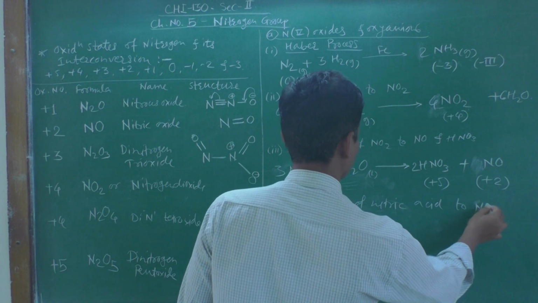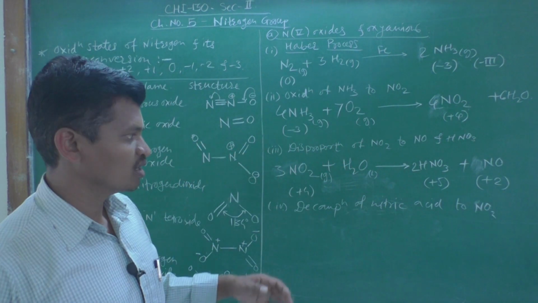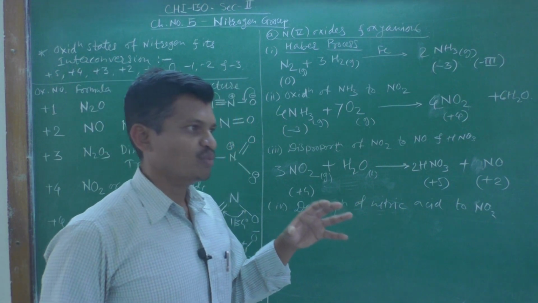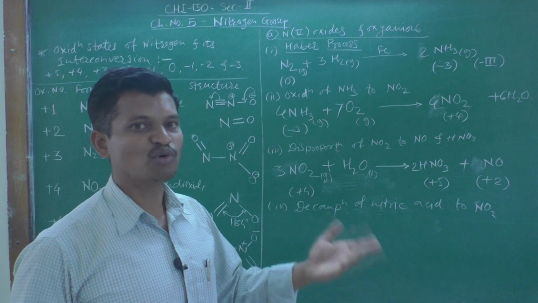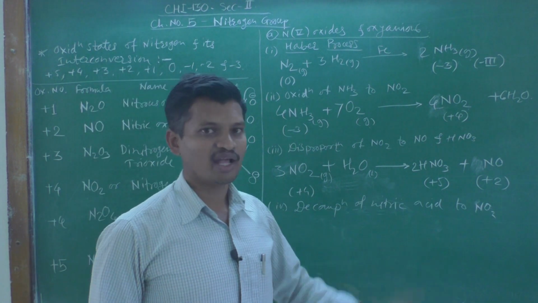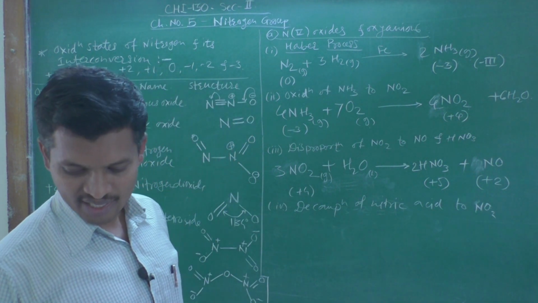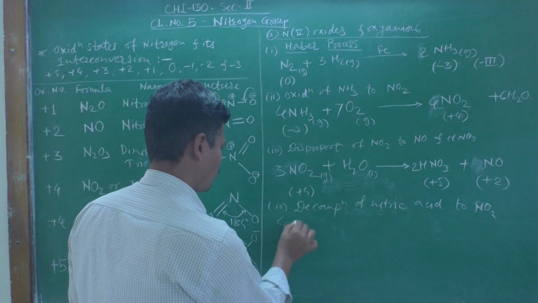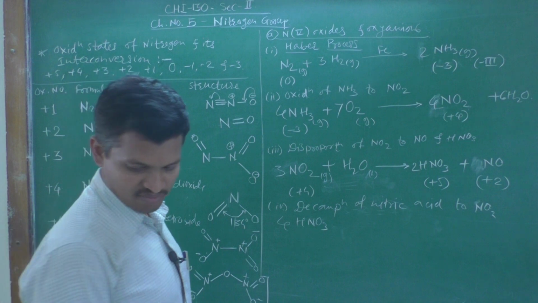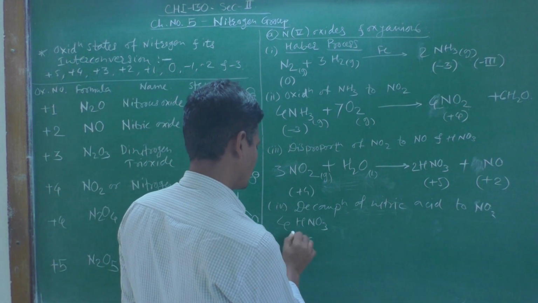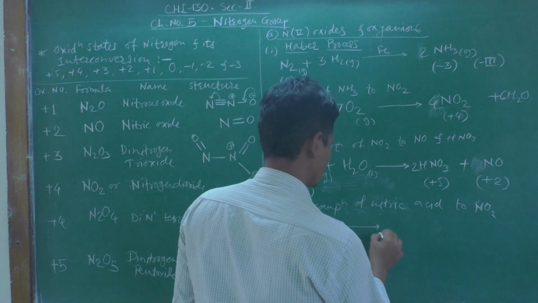Decomposition of nitric acid to NO2 means what? When we keep the nitric acid in bottles, that nitric acid gets decomposed into NO2 gas. And the reaction is very simple, that is 4HNO3, that is nitric acid, which is in +5 oxidation state. It gets decomposed into